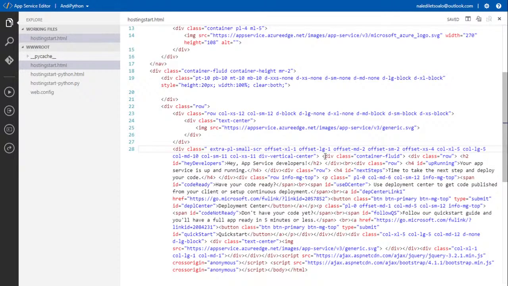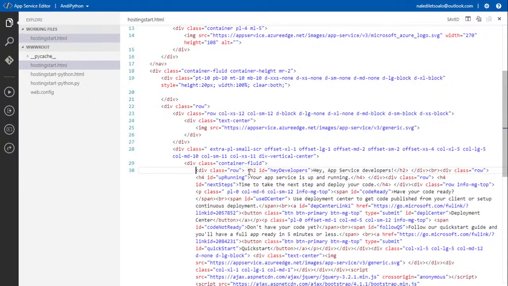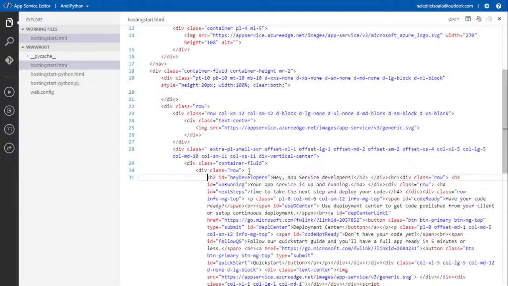All right, and this one, that's another div. That's another div over there, and this is an H2. So, oh, hey, app service developers, let's change this one. All right, so I now want to change this to something. Let's see,